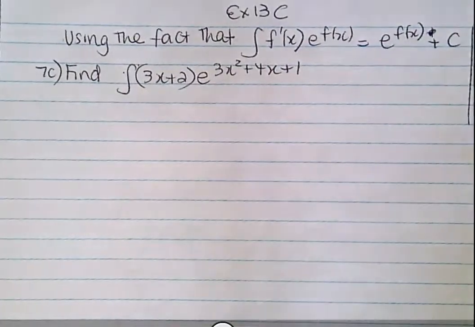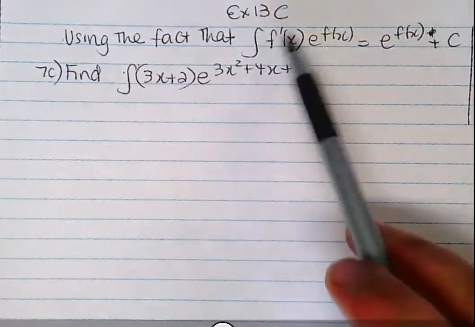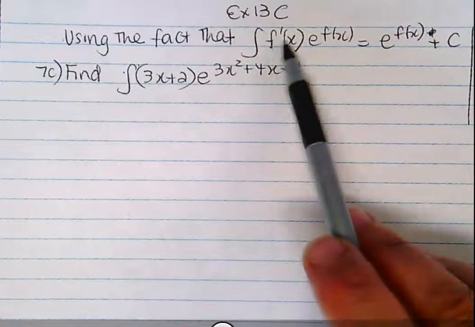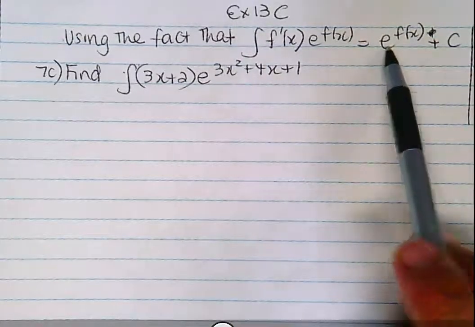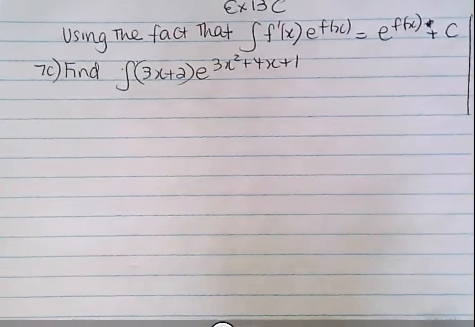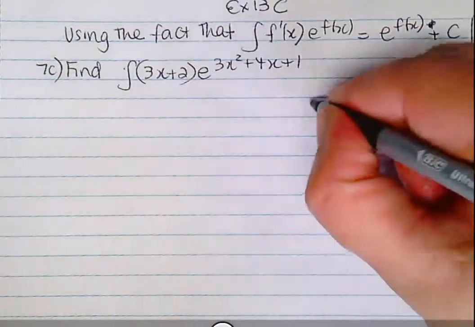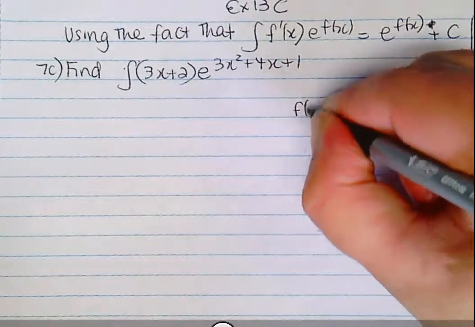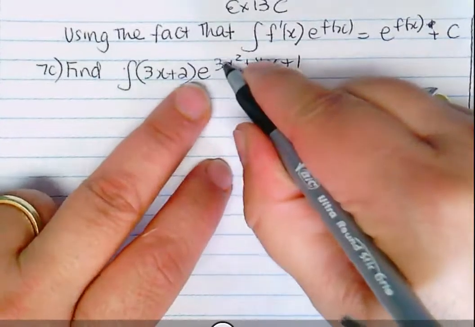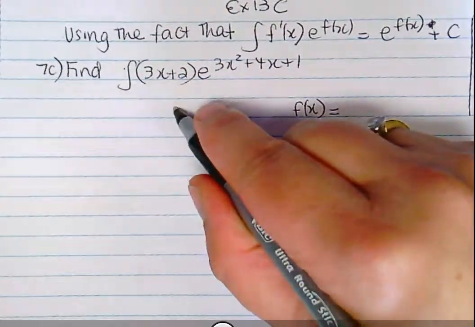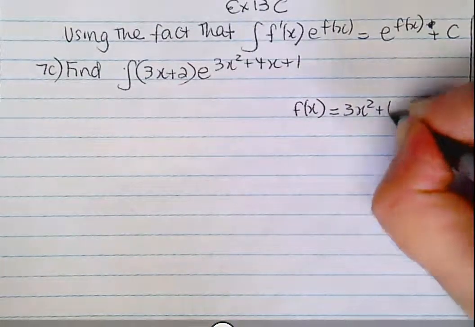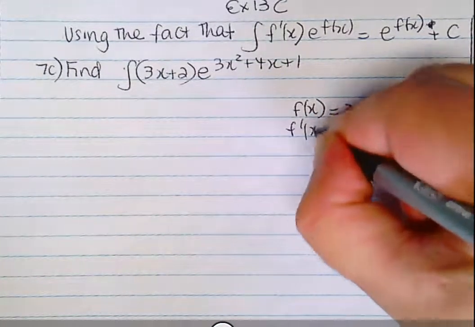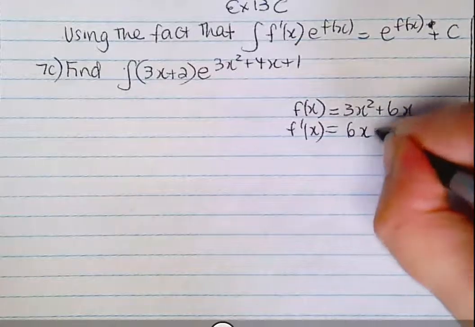That's what that first line is saying. If you integrate something of this format, where the front bit is the derivative of that function, then you'll just get e to the function of x plus c. So what we're going to do, let's write down over here that our function in x, remember, we want to put this in the format f dashed x e to the function of x. So if our function of x is 3x squared plus 6x, then f dashed x is 6x plus,